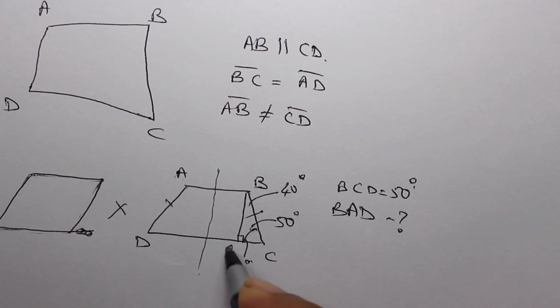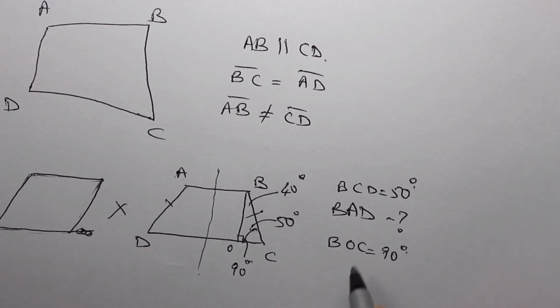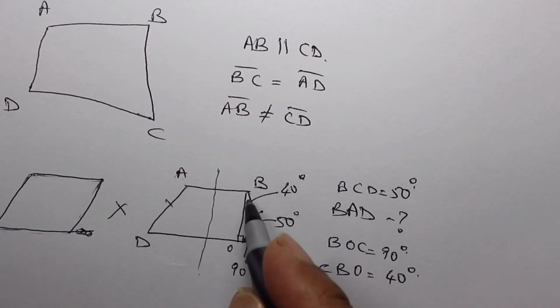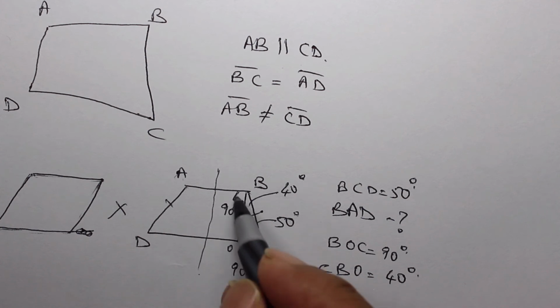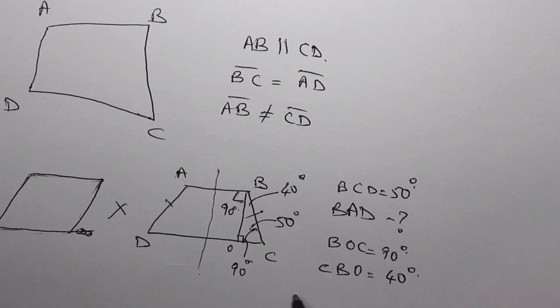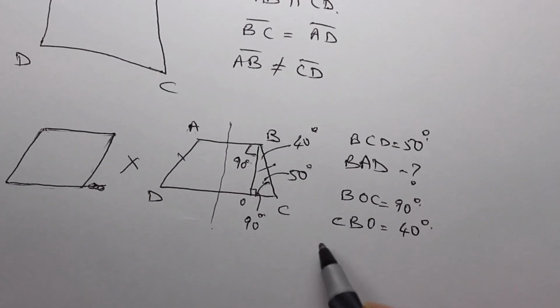So if I call this O, I have BO is 90 degrees and CBO is 40 degrees, because this is part of the triangle, and this is 90 degrees because this is perpendicular to the parallel lines. Okay, so this is 90 degrees. So if you see here, what we have now is ABC is 130 degrees,